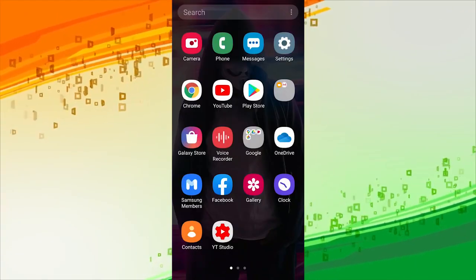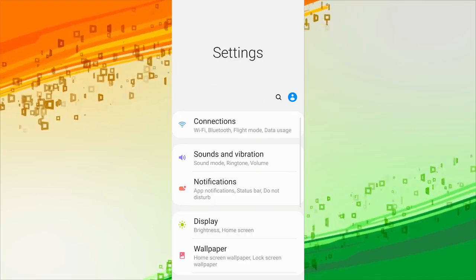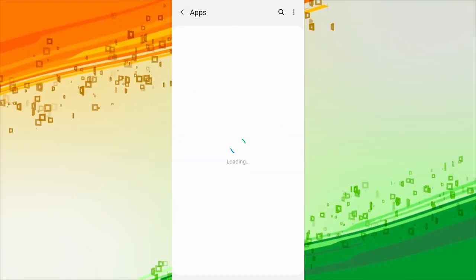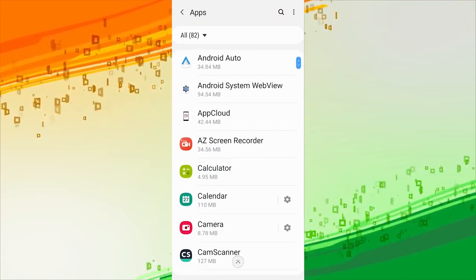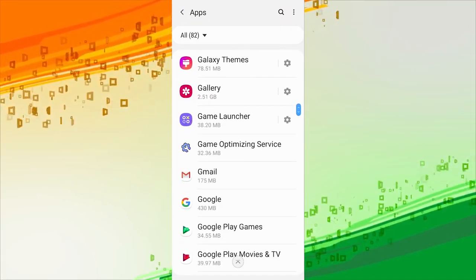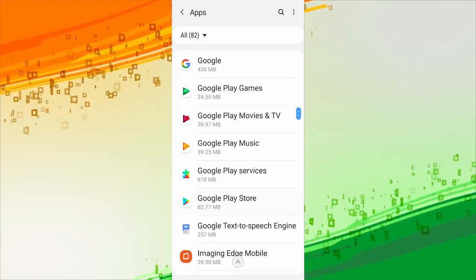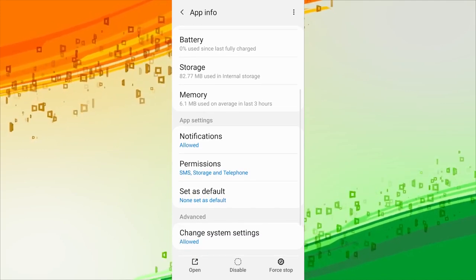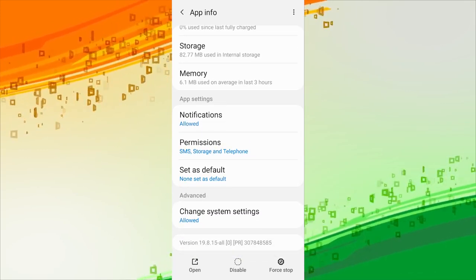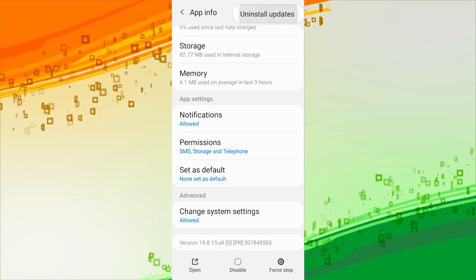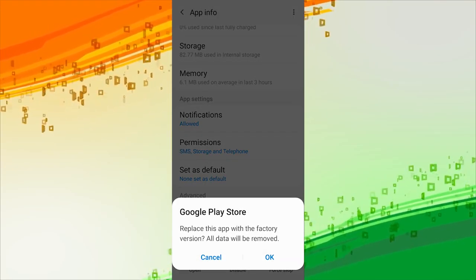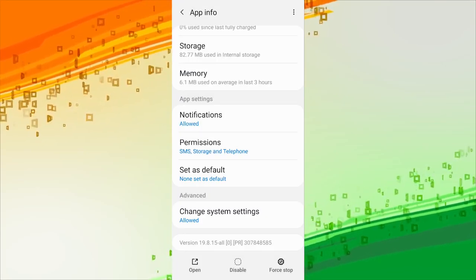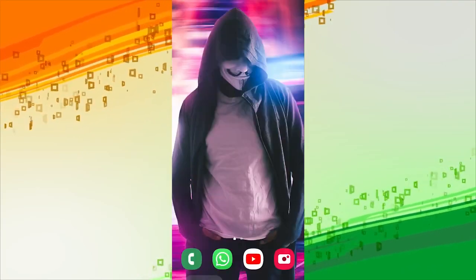Alright, so for method 1 we have on our list Google Play. All you need to do is go to the settings of your device and then find the apps option over here. Once you go into apps, you need to find the Google Play Store option over here, which will actually be an application. Once you open Google Play Store, you need to uninstall the updates of this application. This application is pre-installed on your device, but you need to uninstall the updates from the top right corner on the screen. Once you uninstall the updates, you would need to download a recent version of this application from Google Chrome or any other browser you prefer.